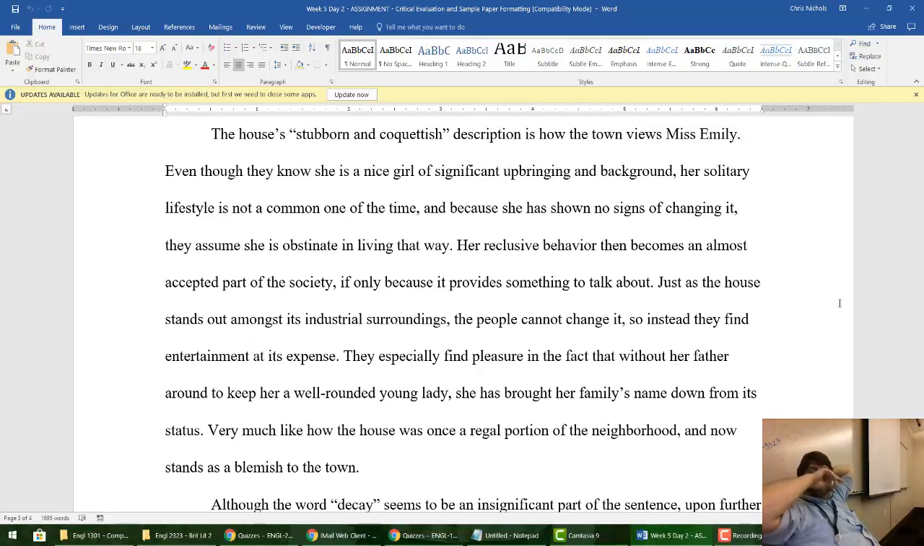They especially find pleasure in the fact that without her father around to keep her a well-rounded young lady, she has brought her family's name down from its status. Very much like how the house was once a regal portion of the neighborhood and now stands as a blemish